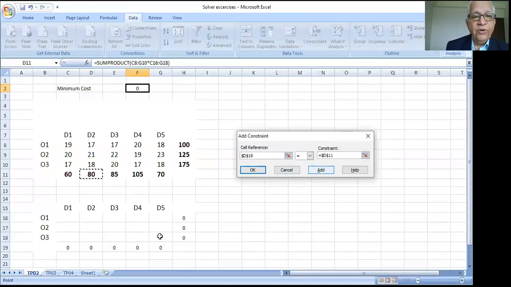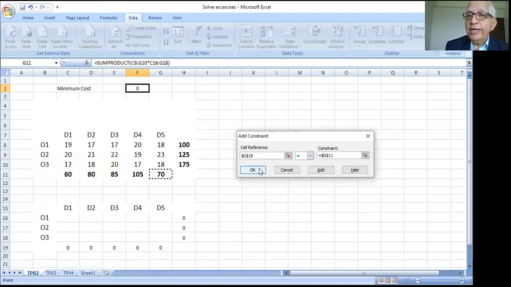Add second column total. Third column total should be equal to 85. Add fourth column total equal to 105. Add fifth column total equal to 70.